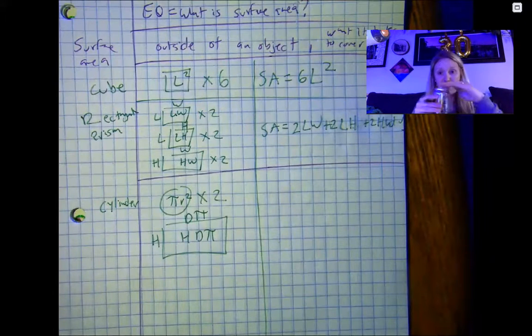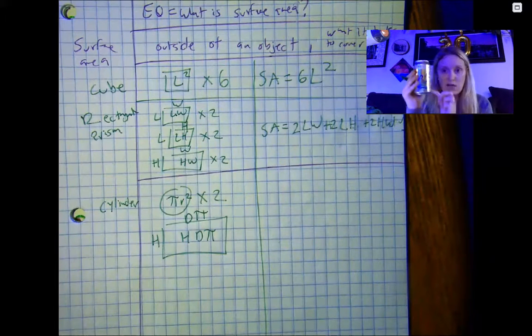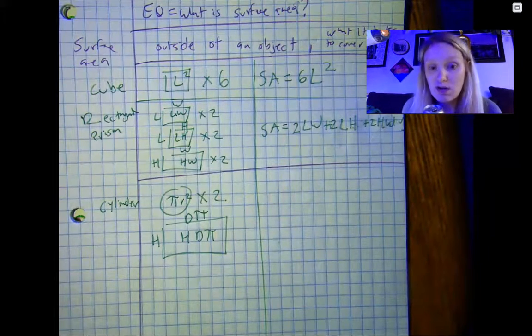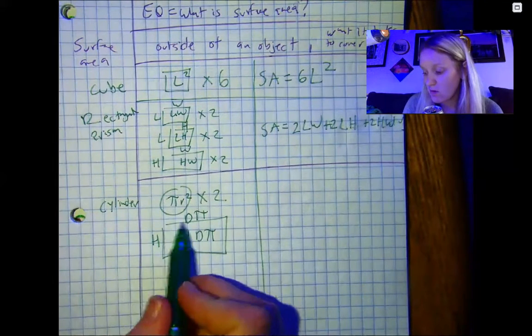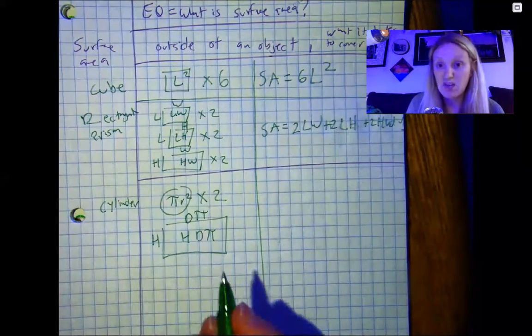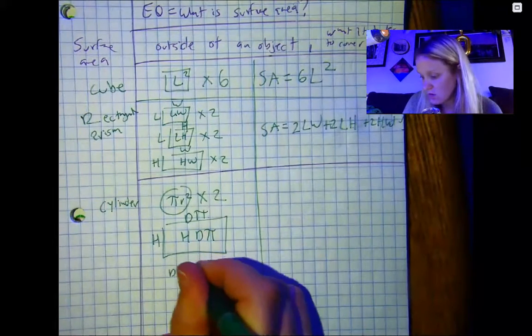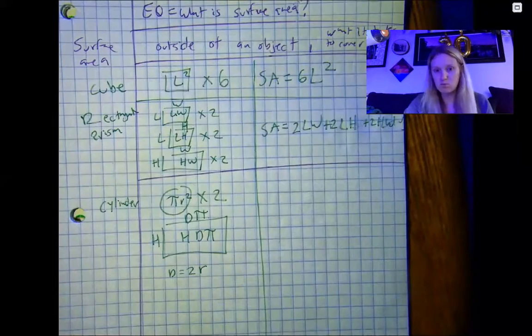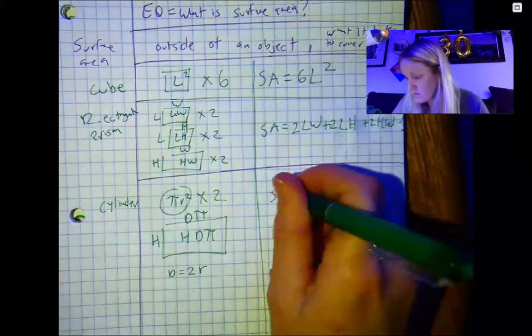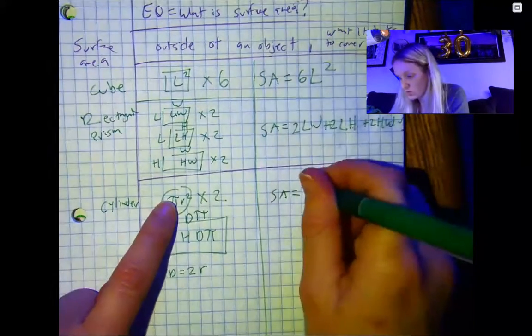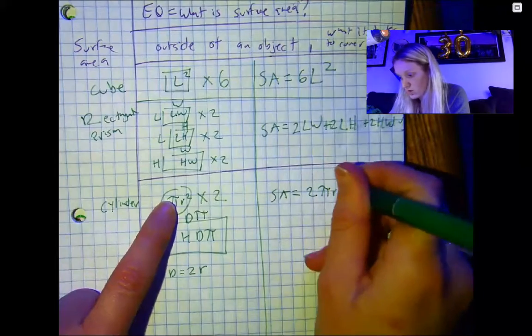So not only are you finding the area of circle 1 and circle 2, but then to get this around part here, it's the height of the can times the diameter, and circumference, and the circumference is diameter times pi. Remember, diameter is 2 times the radius. Okay, so the surface area, we're gonna have to add 2 circles together, so 2 pi r squared plus,